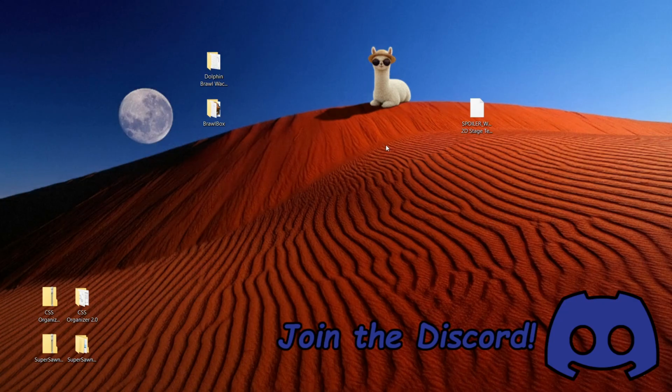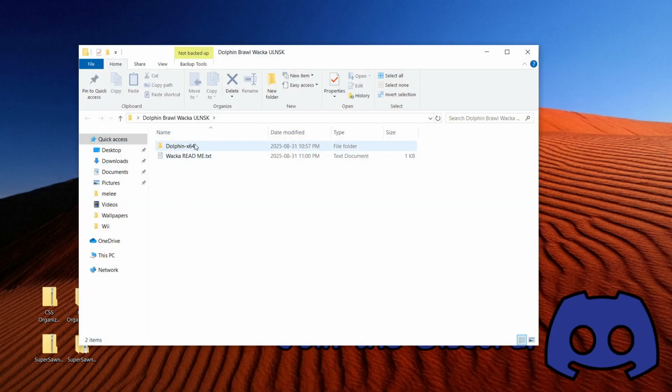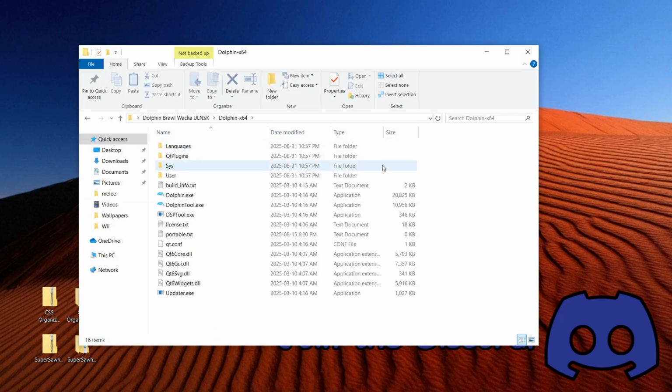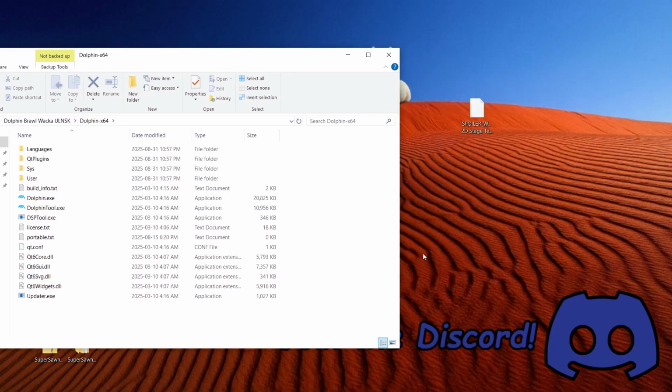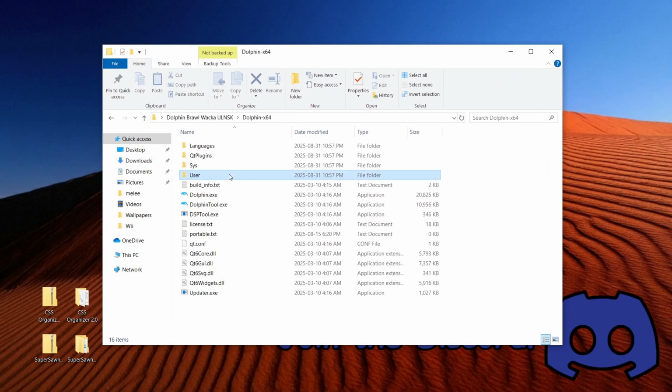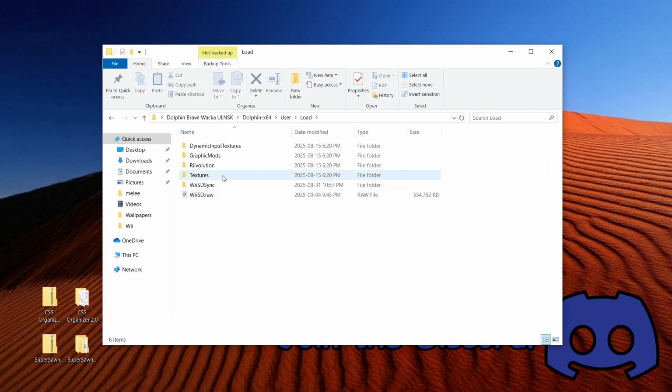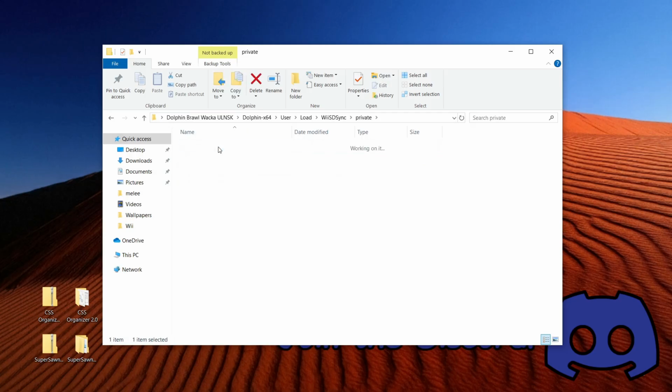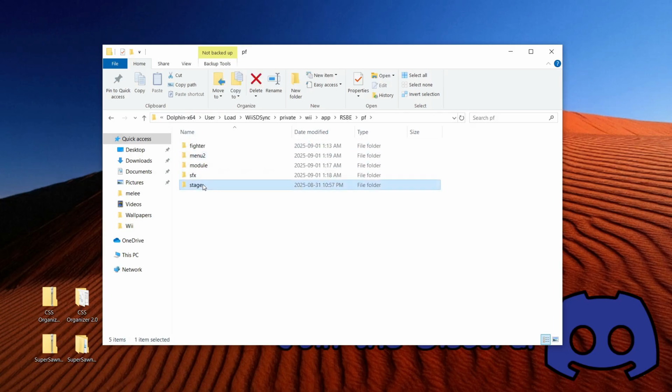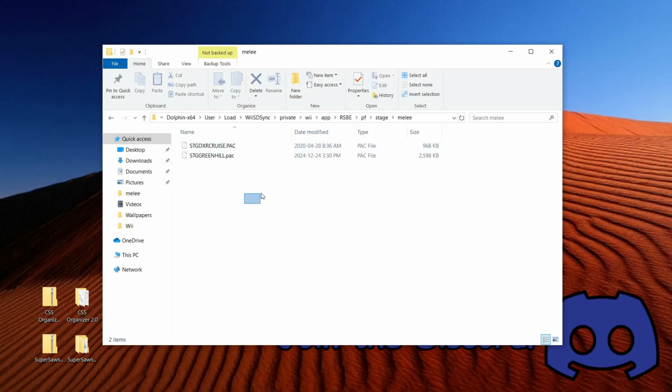Now, just to show immediately, we're going to use the stage in our game and see what that looks like by default. So to do that, all you have to do is download the ULNSK from my Discord, and then download the stage, and then you're going to open this up, go user, load, BSD, private, Wii, app, RSBE, PF, stage, melee,